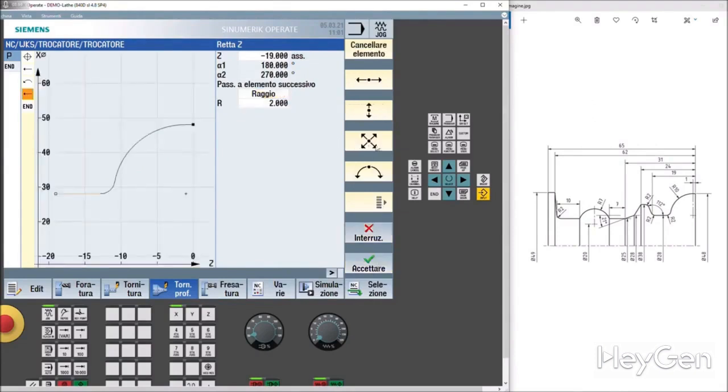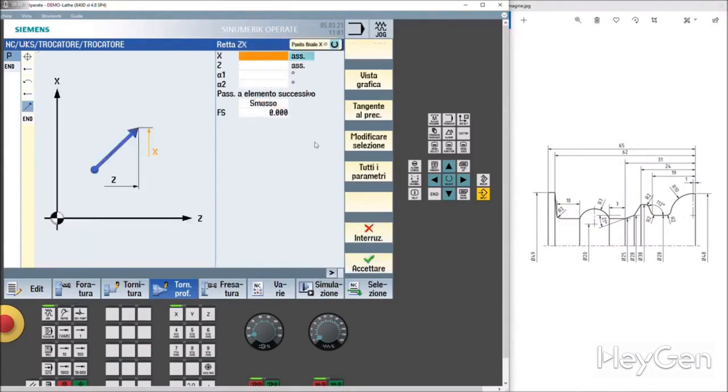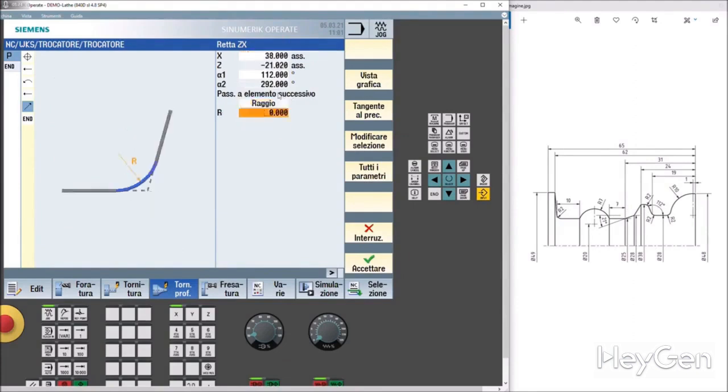Let's accept it. Here we go. Let's move with an inclined movement, with an inclination of up to an X of 38 millimeter. And here we also finish with a 2 millimeter radius.